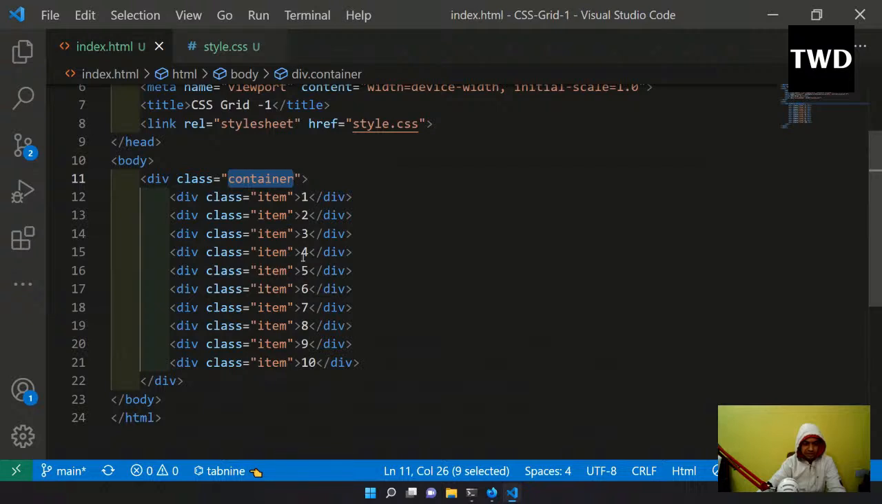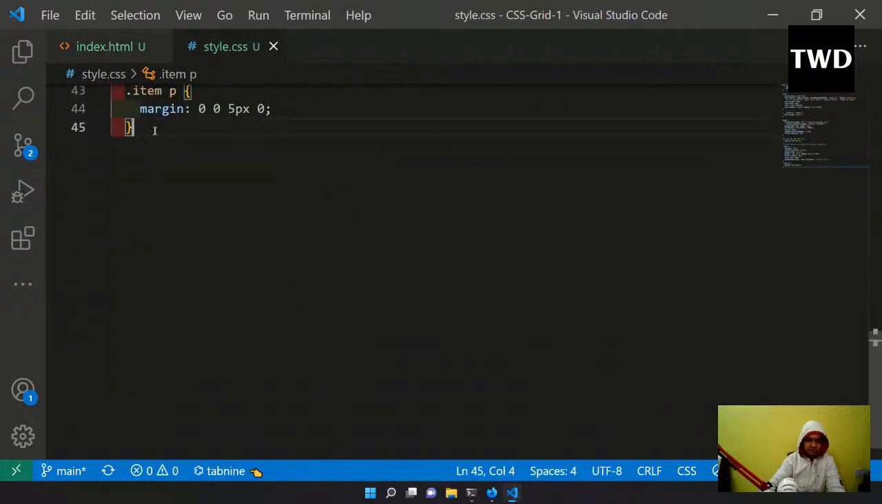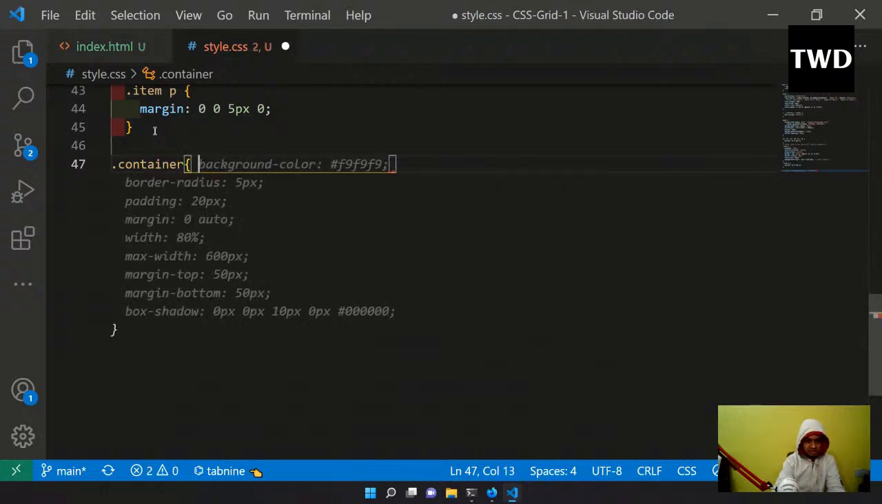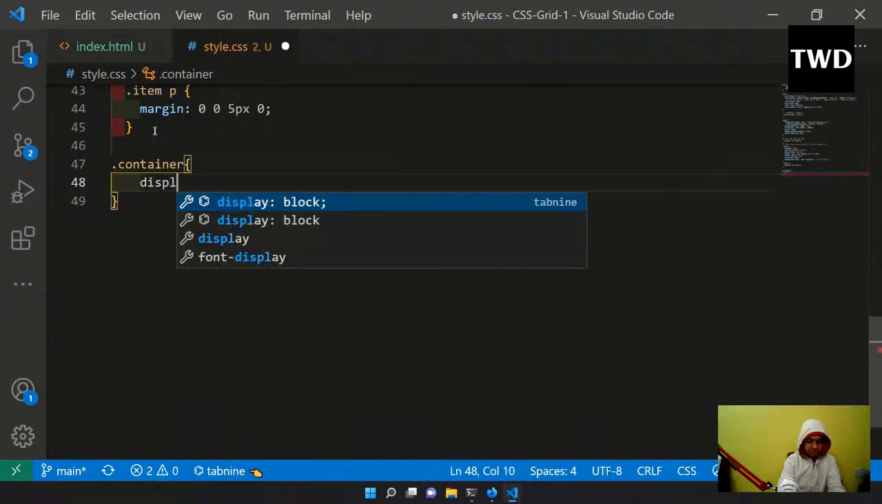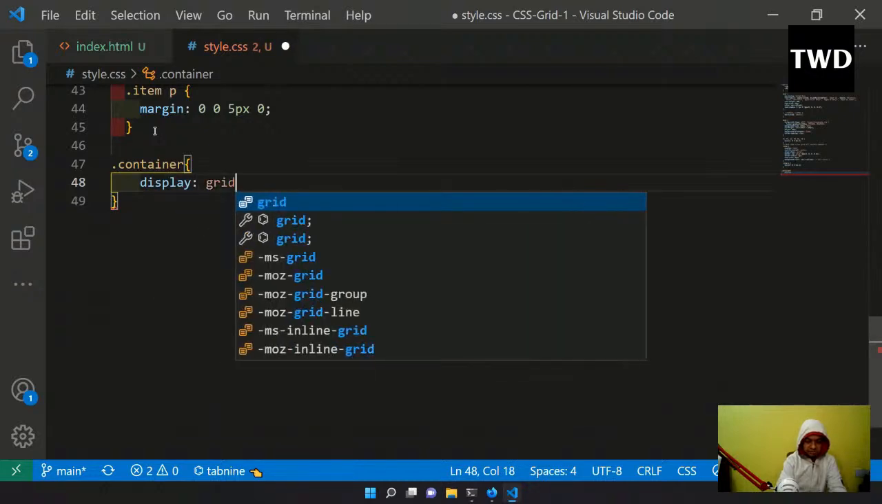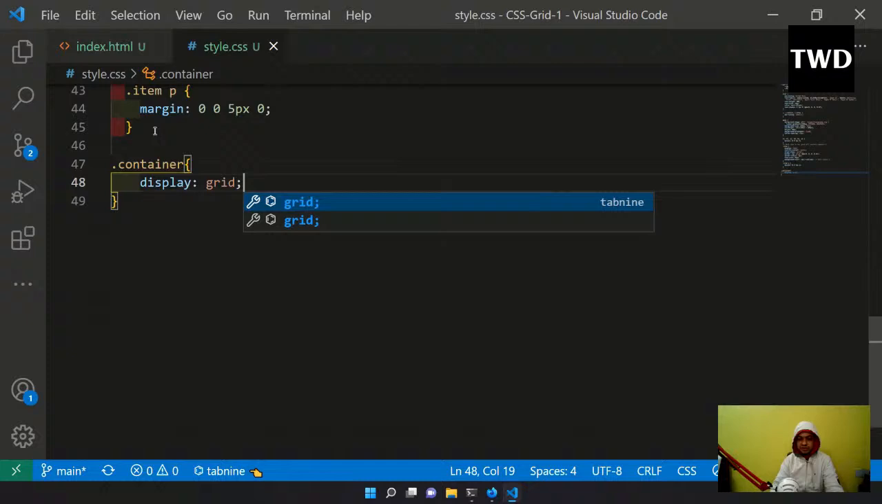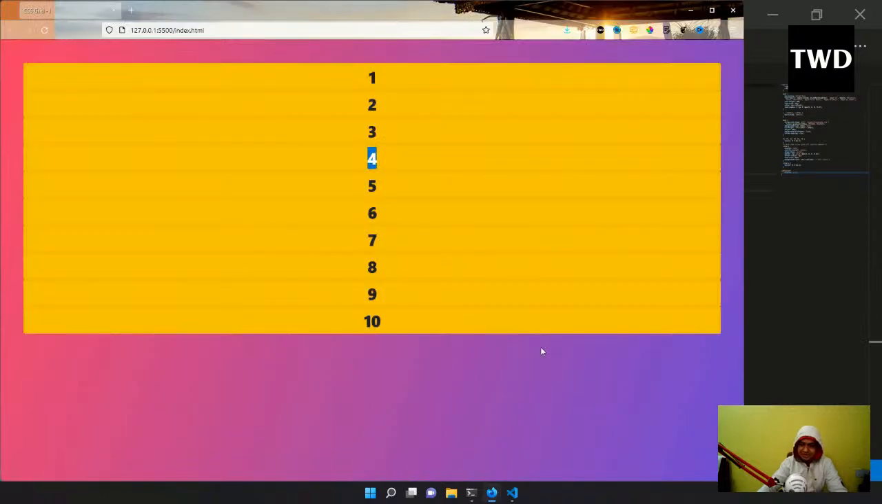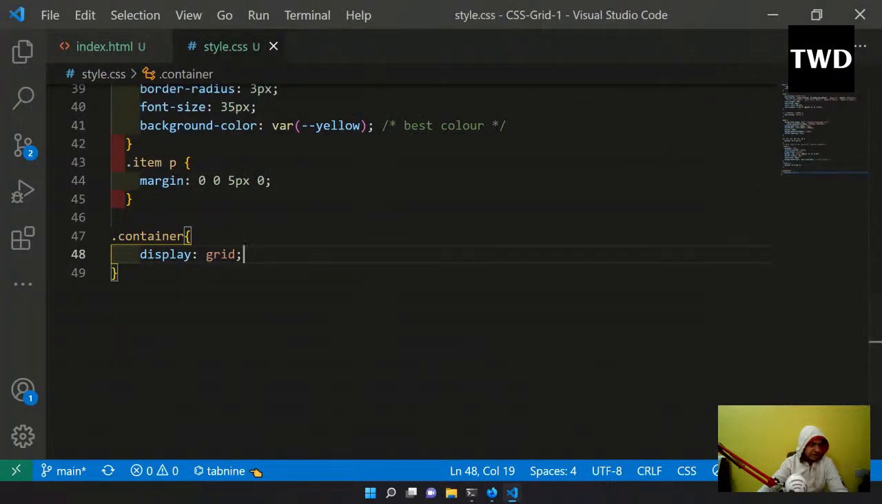So the parent is there and this is its children. So I will come here and then dot container, and then display is grid. But the moment I was doing display as flex, it was all changing the direction and all. But see, the moment I do display grid, nothing changes, because grid, as I have told, is bi-directional. We have control over both the directions, and there is a property known as grid template column,